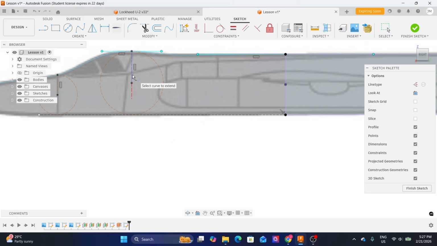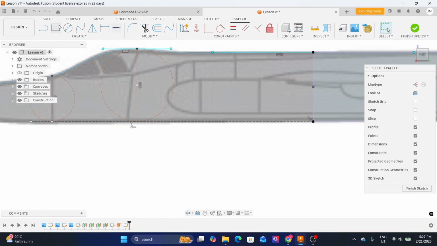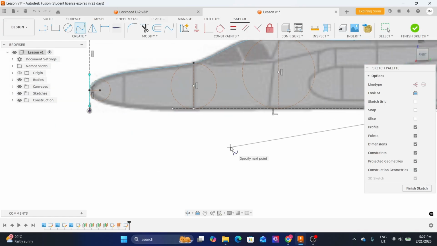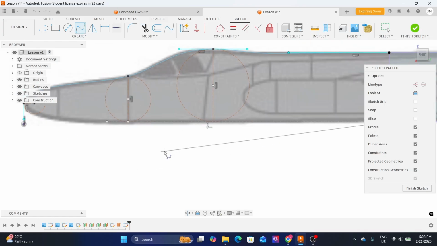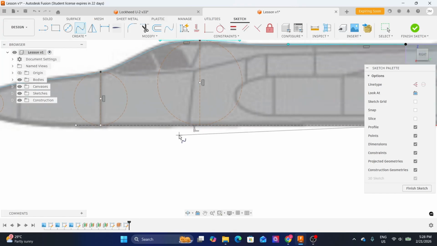So I'll extend this line here, and then I'll extend this line here. Okay. So to create the last portion of the cockpit section or the outline for it,